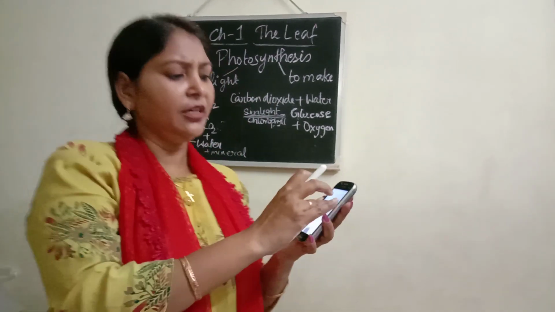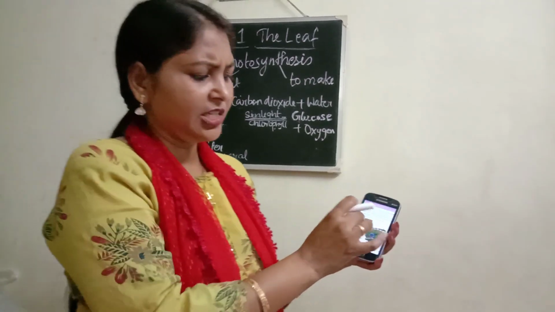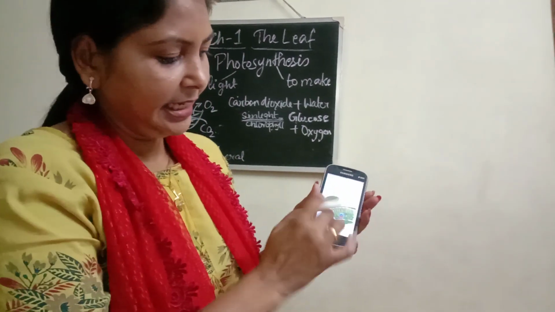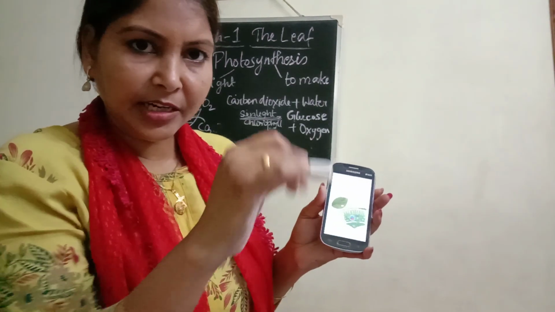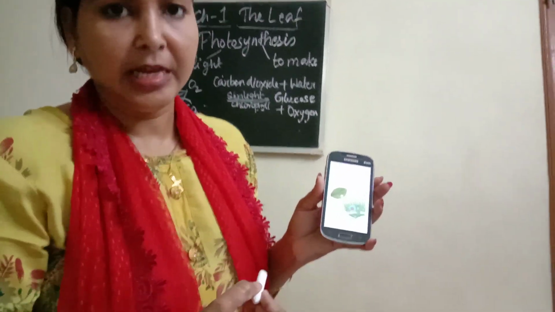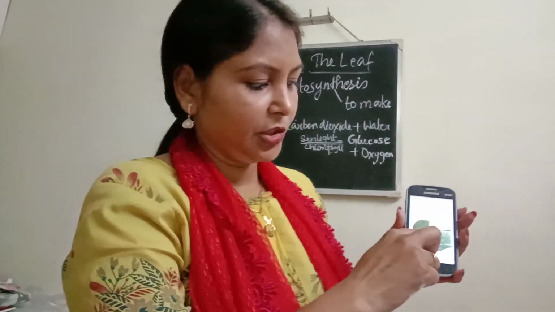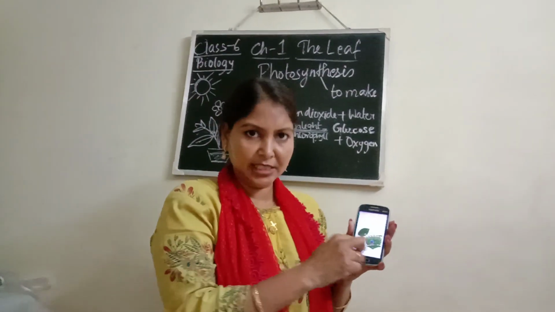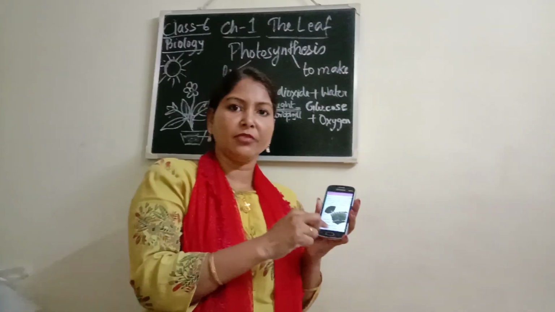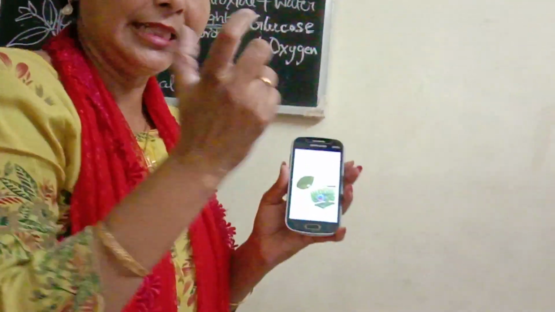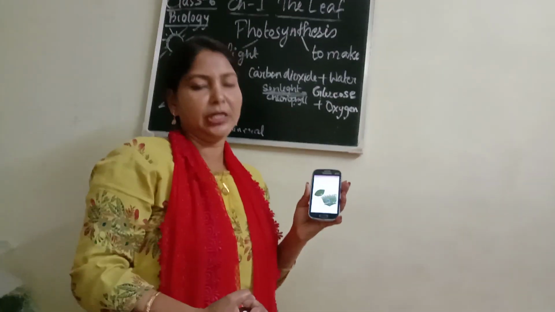If you have seen the section of a leaf, I'll show you here. You see in the section of the leaf, this is just a small section where you can see this green color, like cylindrical shapes. They are chloroplasts, and this chloroplast has the capability, the quality, of trapping the light energy. Okay, this light energy is trapped by the chlorophyll, that is this chloroplast, which is green in color. Because of this chloroplast only the pigments are green in color. Okay, and this has the quality of trapping the energy in the leaves.